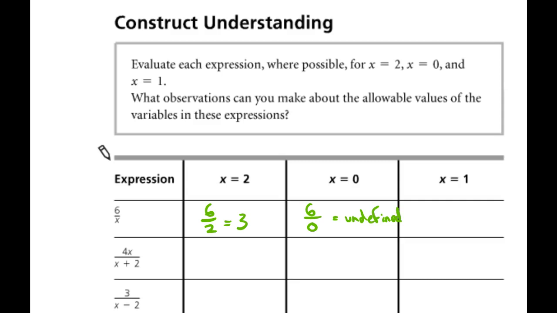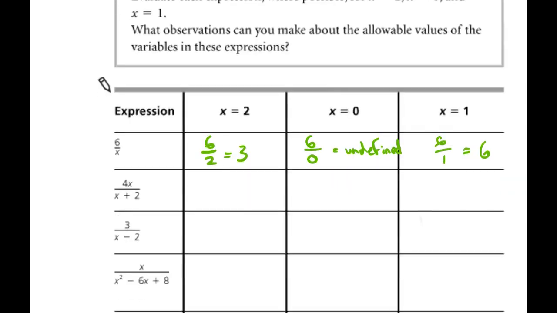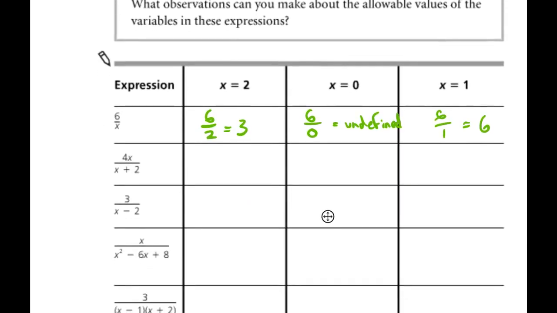All right, and so that's something we need to become aware of. What happens when there is a 0 in the denominator? Okay, so let's quickly fill out this little chart here, and you can see that for the most part it doesn't matter what x is. Okay, so we'll try this next one. If x is 2, in this case you're going to have 8 over 4, which is 2. No problem. Here we have 4 times 0 over 0 plus 2. What is 0 over 2? Well, that's 0. So interesting, if you look at the one right above it, here x can't be 0,